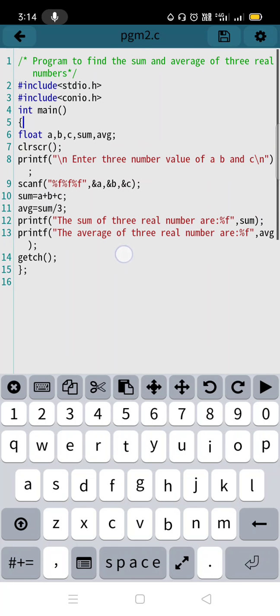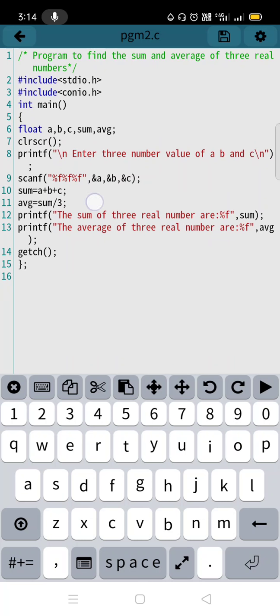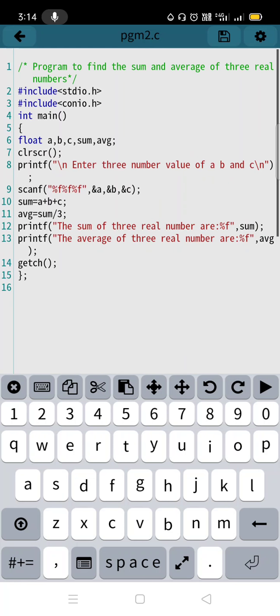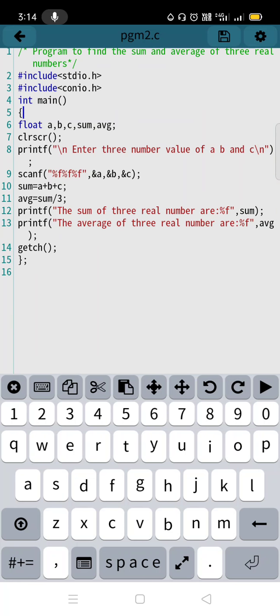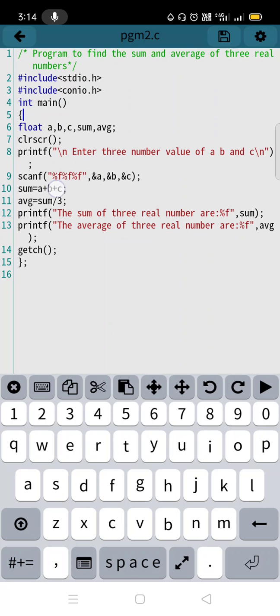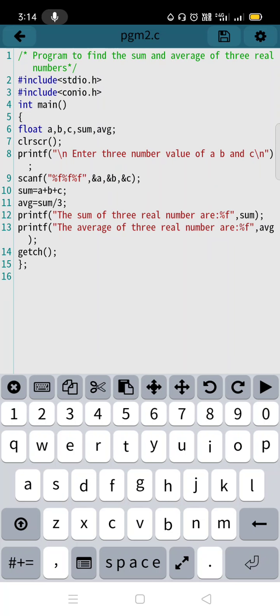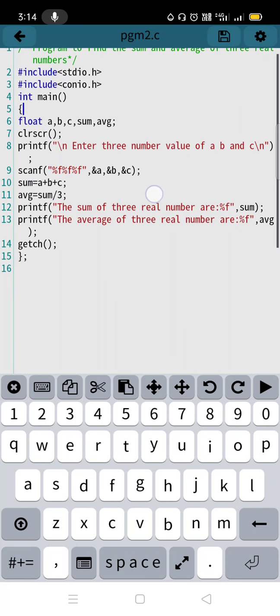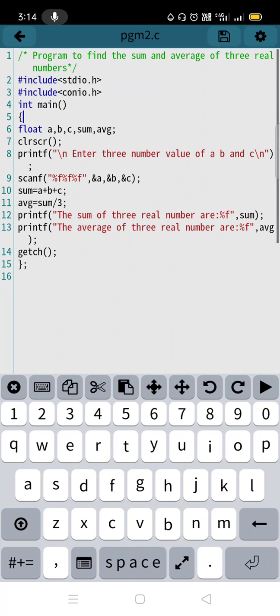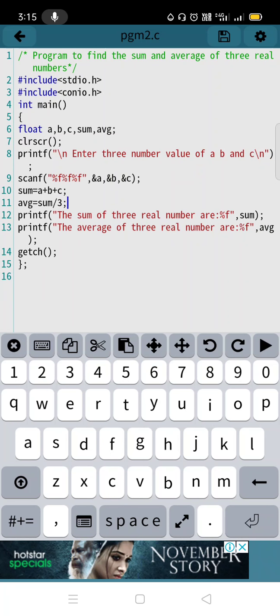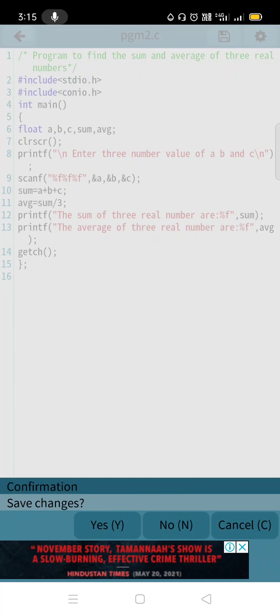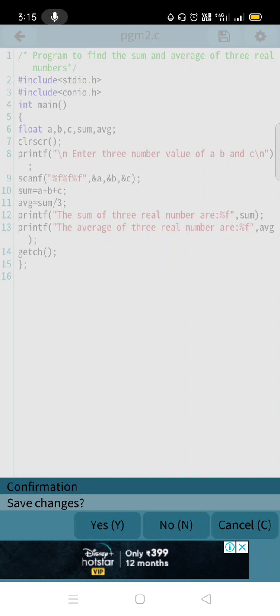Here you can see 3 percentage f's, these are called character conversions. These character conversions do the high level to machine level conversion, and those values are stored in your computer memory using these operators. The operator you had given is called the ampersand operator. In the computer memory, using these operators, your values are stored by taking some address.